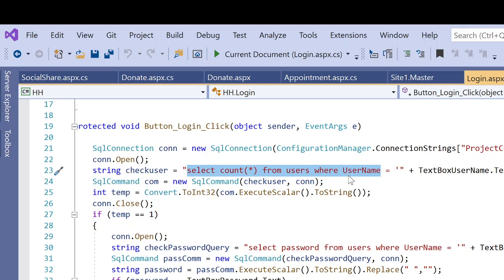So this SQL query runs in the background on the database and checks if the user is already present. If temp equals 1, that means the user is already present, an if else statement opens up where the connection opens, and then the user password is entered, and that same password is also checked in the table. And if the password also matches, then